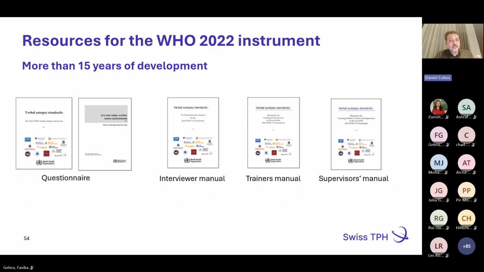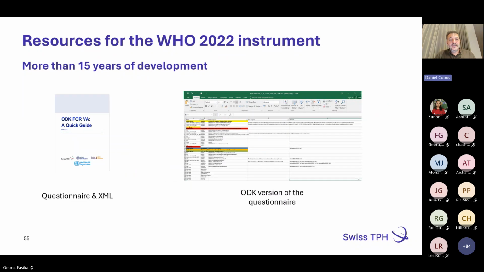And to take you through this process, at the WHO reference group for verbal autopsy, we have developed plenty of material. So you have basically everything there. There is the questionnaire in paper, electronic as well. There are interviewer manual, trainer manual, supervisor manual. If you go to the next, you have the ODK guide, you have the XML file for uploading it to ODK or Kobo tools or any other data collection tool. If you go to the next,